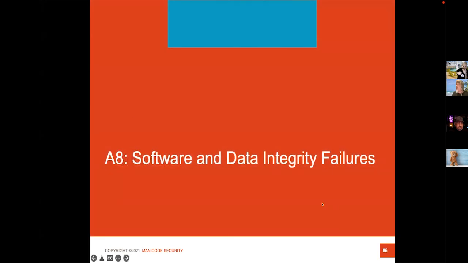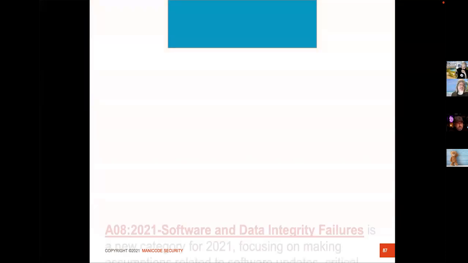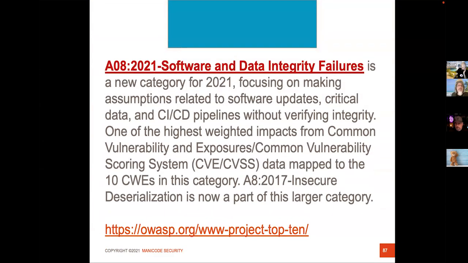A8, software and data integrity failures. This is about all the crazy scripts that you're running in your CICD pipeline. When it comes to running some provider's crazy third-party script on my server as root for CICD security, I like to use the rule of two. I'm going to check the download hash, and I'm going to check the GitHub repo to make sure it's still matching in both of those locations. I download it, check the hash, that's one, then check it against their public GitHub repo if they offer one, that's check two, right? Yeah, exactly.